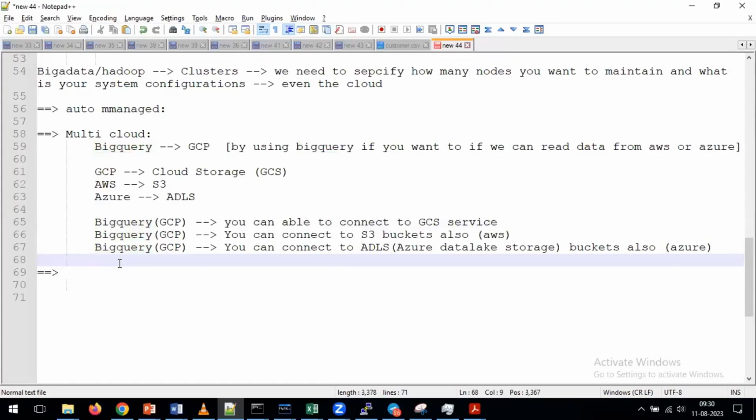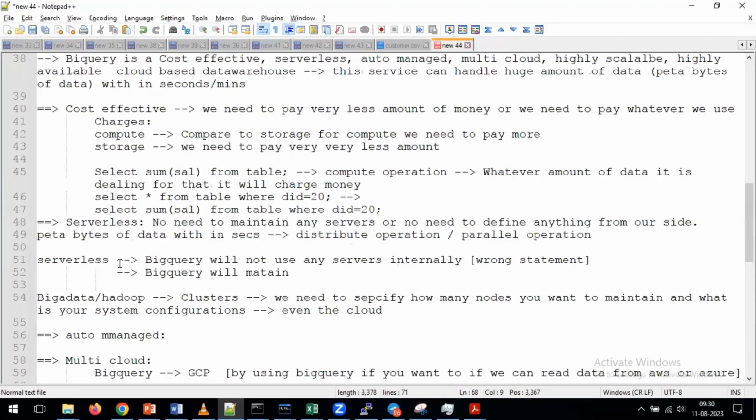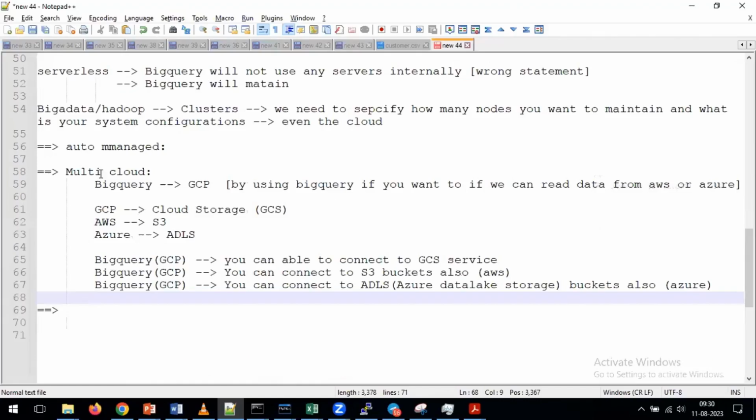I know today's topic is completely theoretical only, but try to understand all these things, because once you understand all this theory, then automatically the practicals will become very, very easy. So whatever points we are going to discuss here, we are going to discuss all these things as part